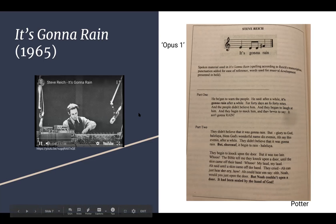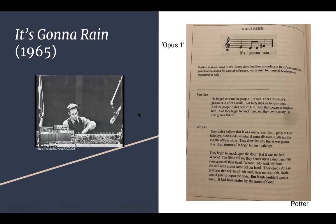He began to warn the people. He said, after a while, it's going to rain, after a while, for 40 days and for 40 nights. And the people didn't believe him. And they began to laugh at him. And they began to mock him. And they began to say, it ain't going to rain. It's gonna rain, it's gonna rain, it's gonna rain...